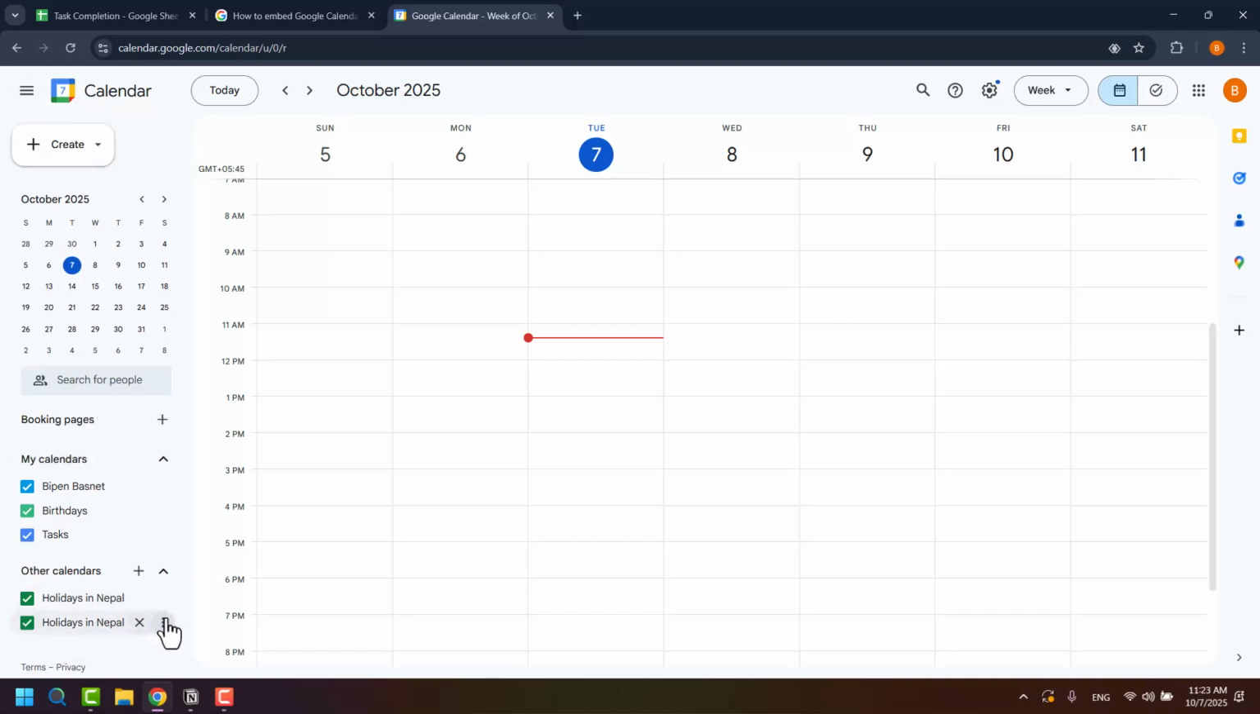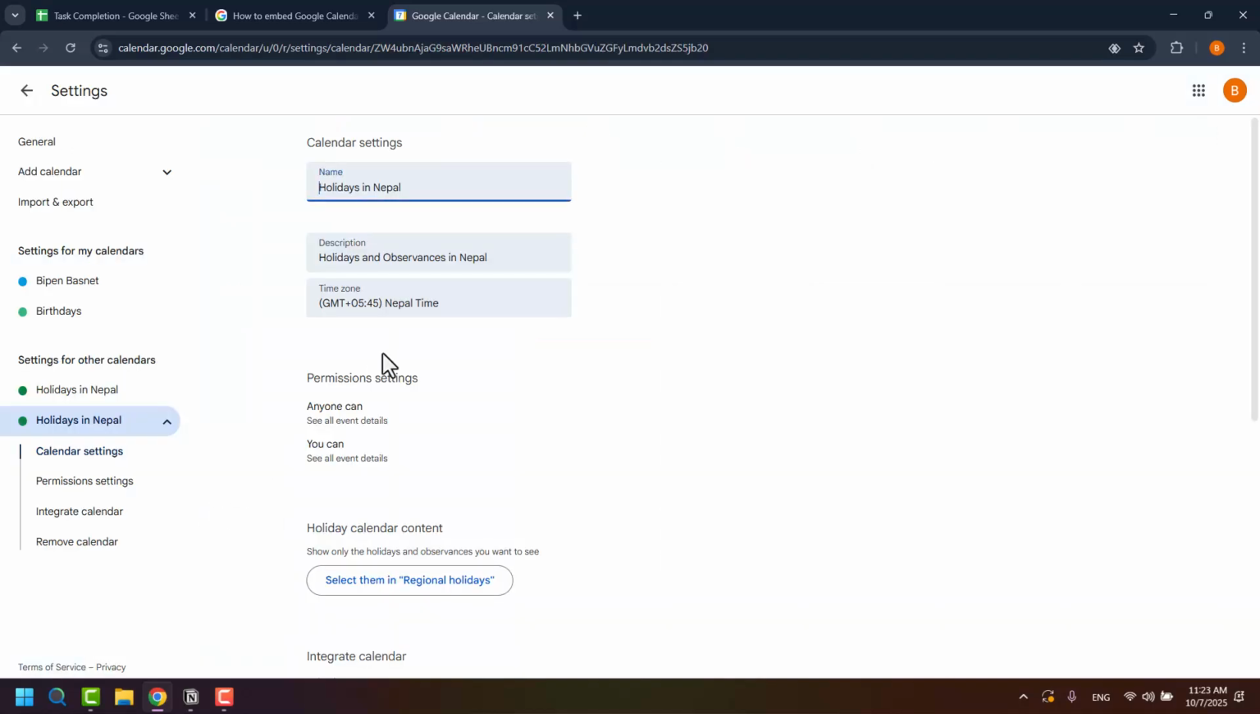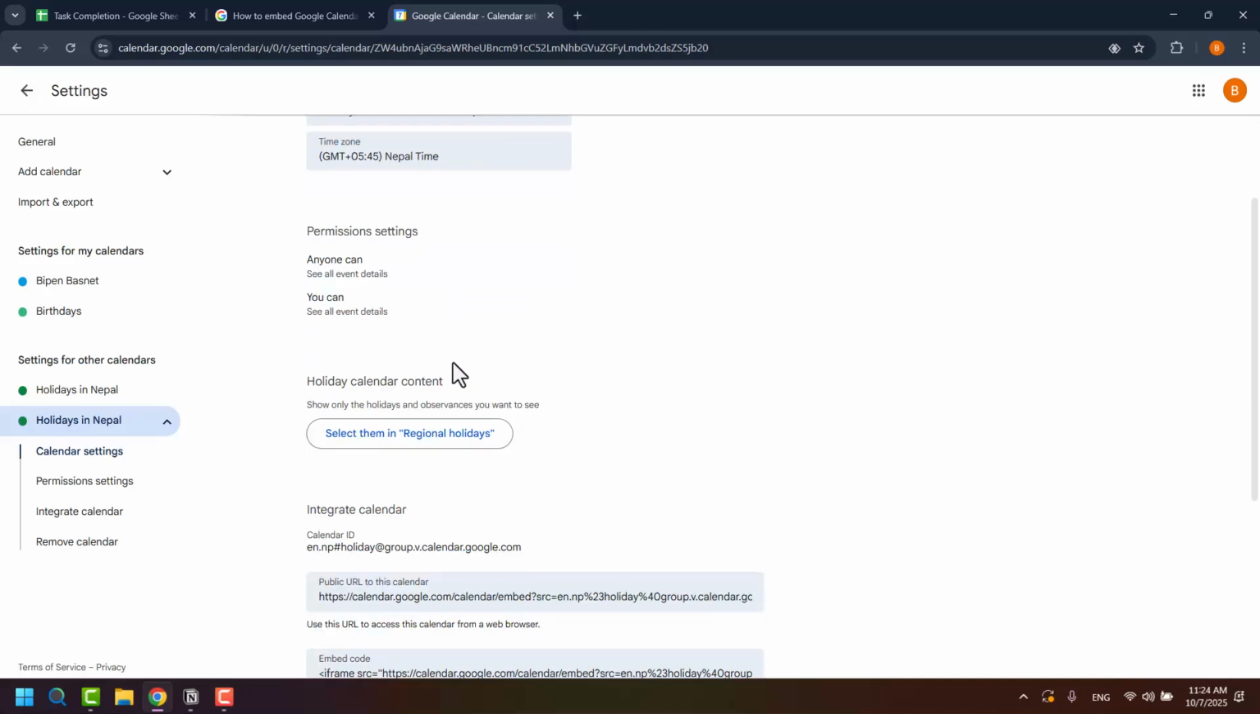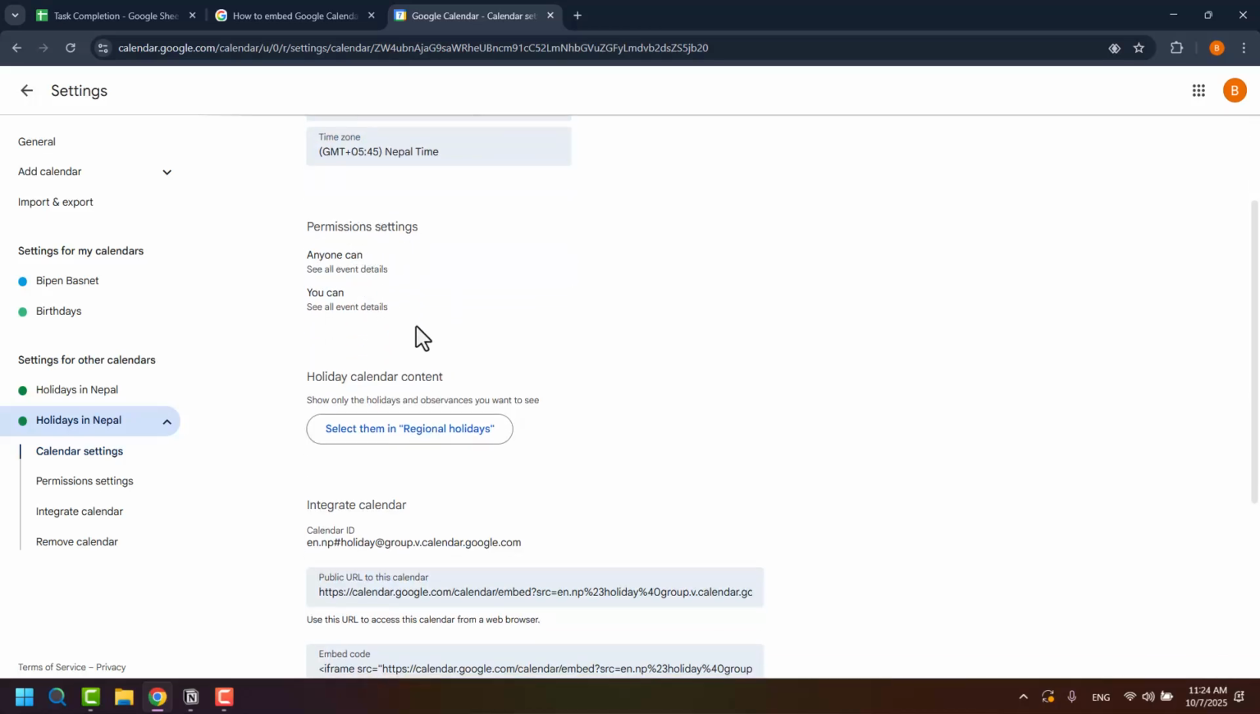Open up your calendar, tap on the three dots here. You can see on the left hand side the list of calendars that I have. You want to click on the three dots and then you want to click on settings. Once you click on settings, you can change your name here. You can see description and such. You want to set your permission settings, and once you have set it to anyone can see all event details,